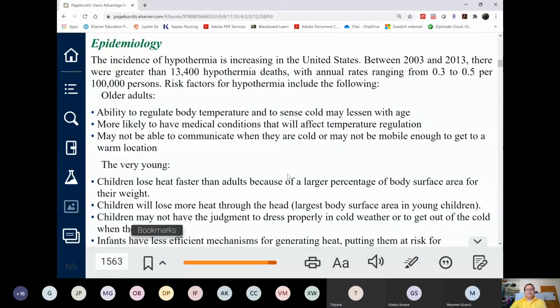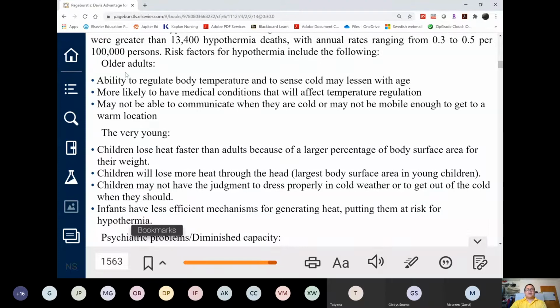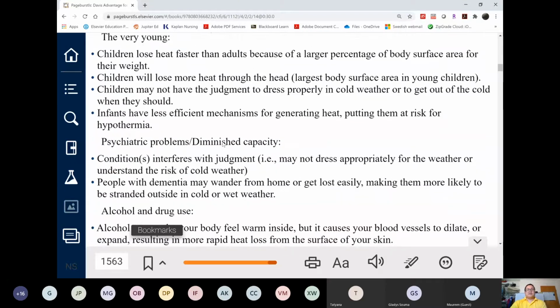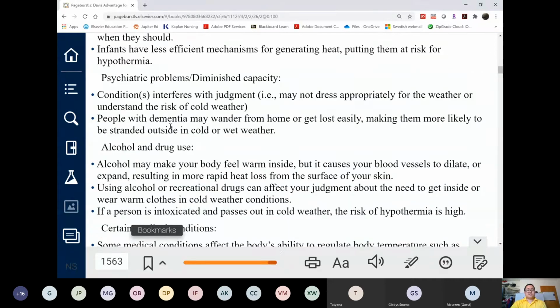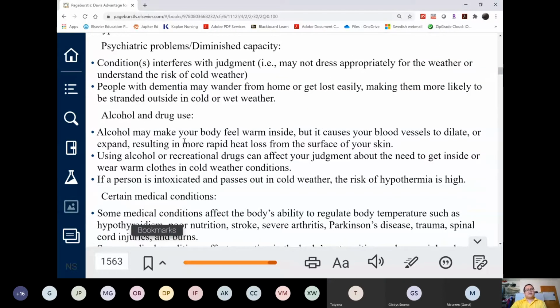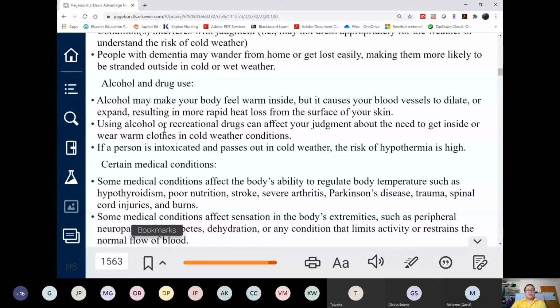All right. These are the risk factors. So this question here will answer which of the following are risk factors for hypothermia? Select all that apply. All right, so here we have older adults and then young children. Mental disorders or psychiatric problems can also cause that, namely dementia or people with cognitive delays, for instance, or impaired individuals, not necessarily having psychiatric problems, but altered mental status, okay, due to alcohol or drug use, or